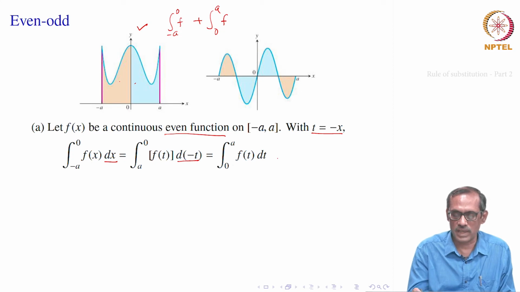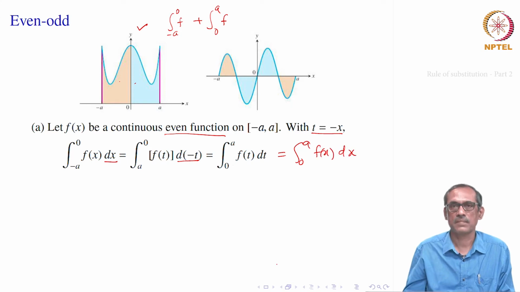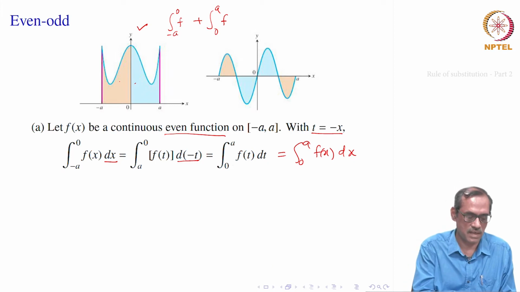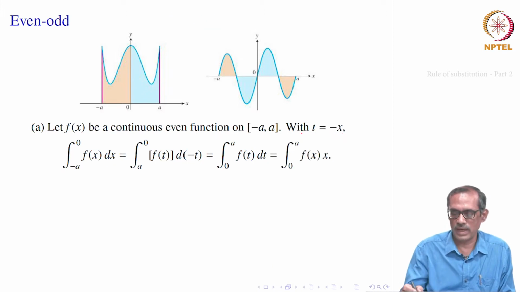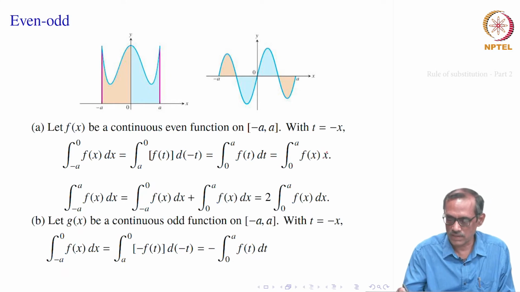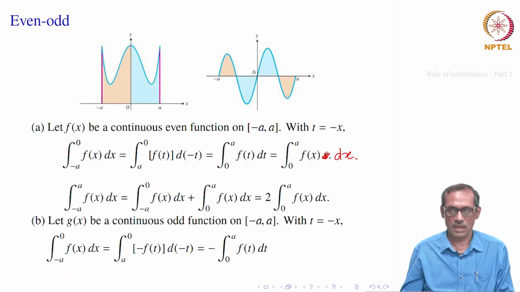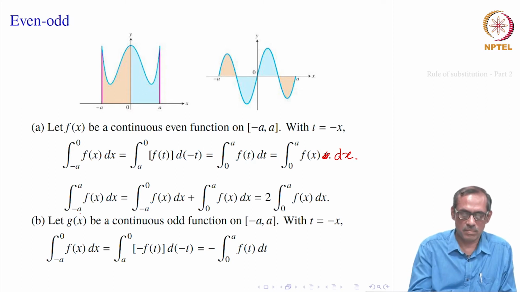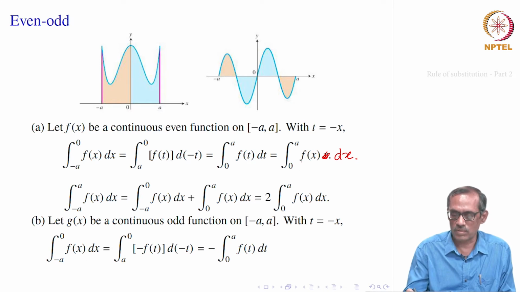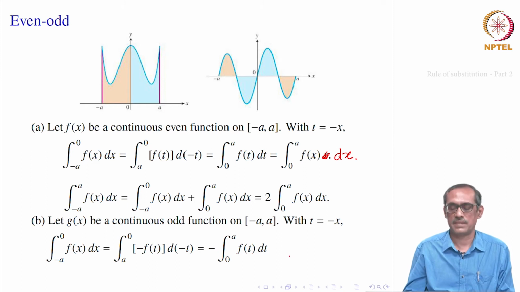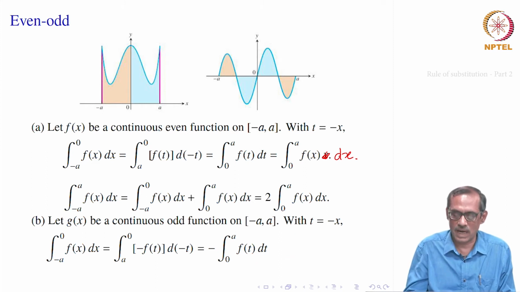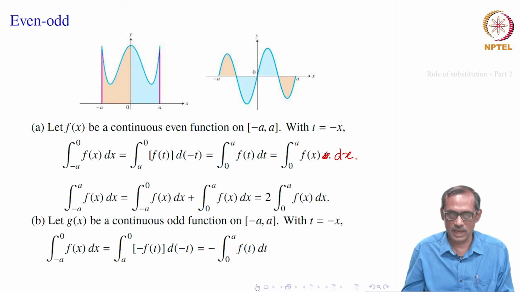So, it does not matter whether you change this, you can write it also as the integral from 0 to a of f of x dx, right. The variable does not matter here, it is a definite integral, anything you could have taken. So, we can write 0 to a of f of x dx. Then the integral we wanted from minus a to a will be the integral from minus a to 0 of f of x plus the integral from 0 to a of f of x, which is now equal to twice the integral from 0 to a of f of x dx. So, sometimes it becomes easier because evaluating at 0 may be easier than evaluating at minus a. That is the way it helps.